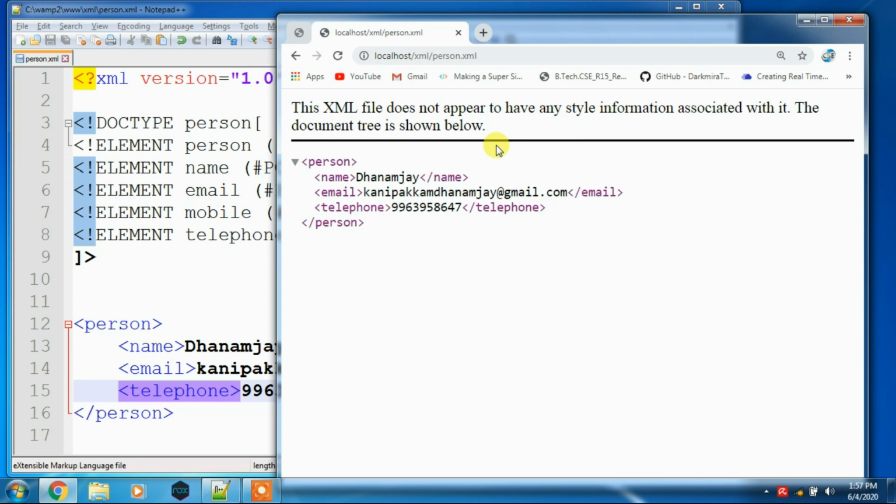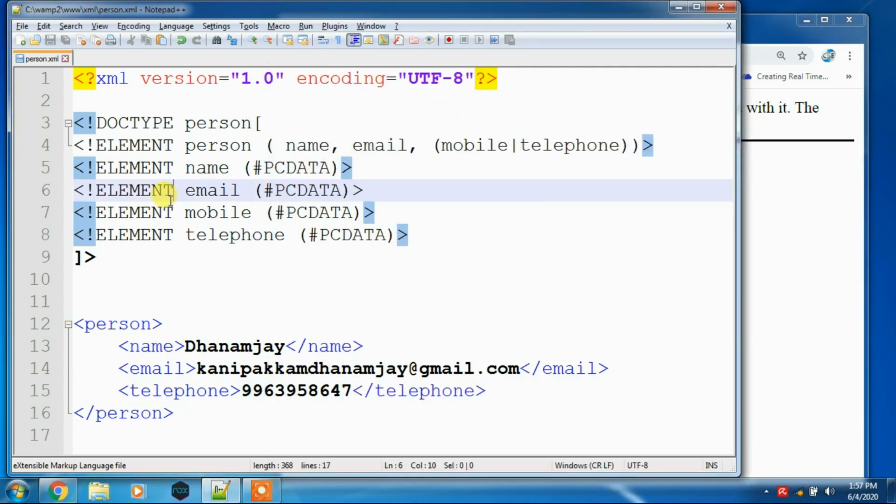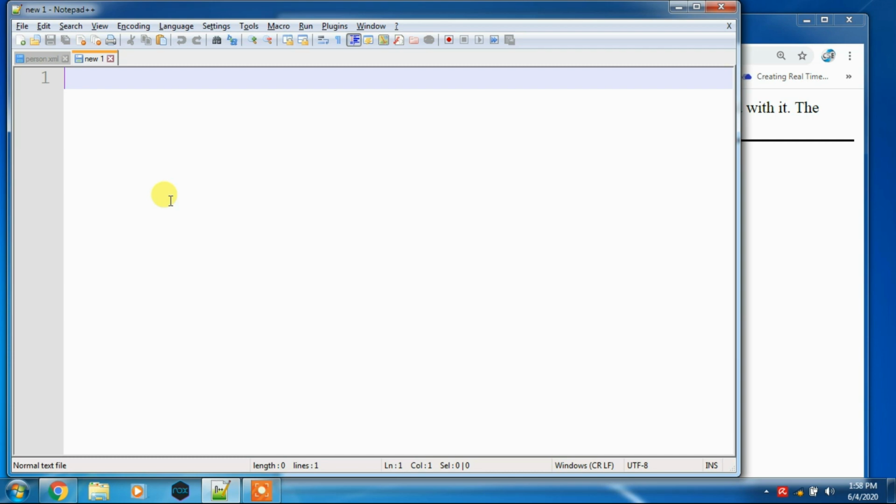Let me show you whether the given XML document and the given DTD are valid or not. By writing PHP, I can check whether the program is valid or invalid. Let me show you in PHP. Now I am connecting this with PHP. My program name is person.xml, right? I am taking a new document.